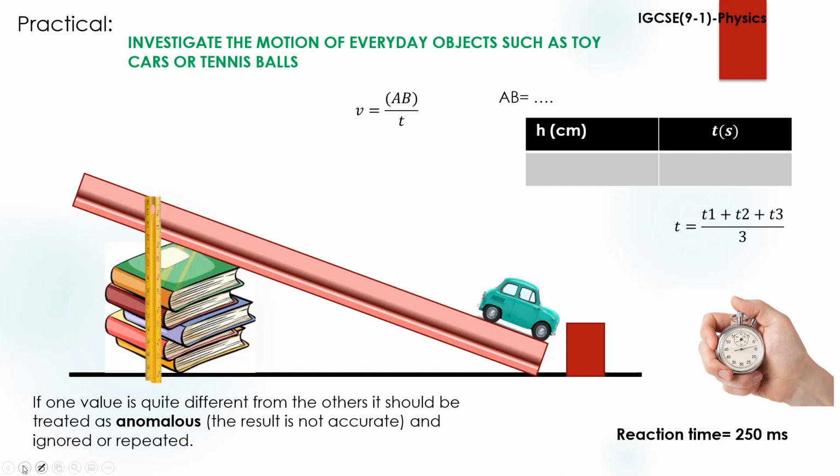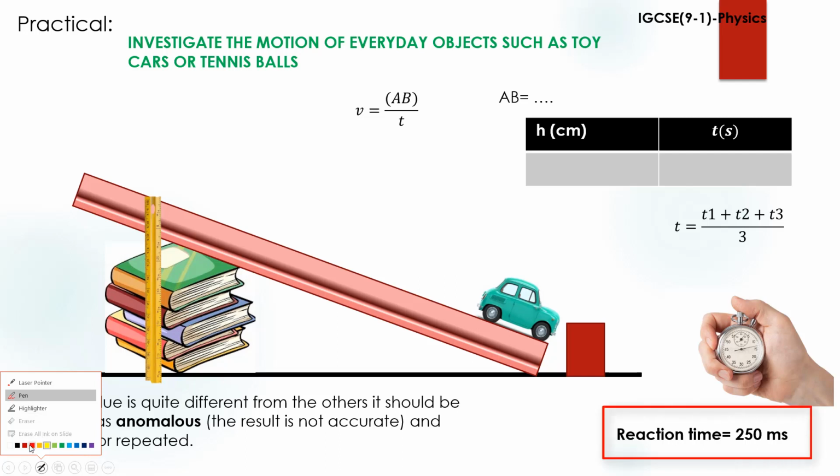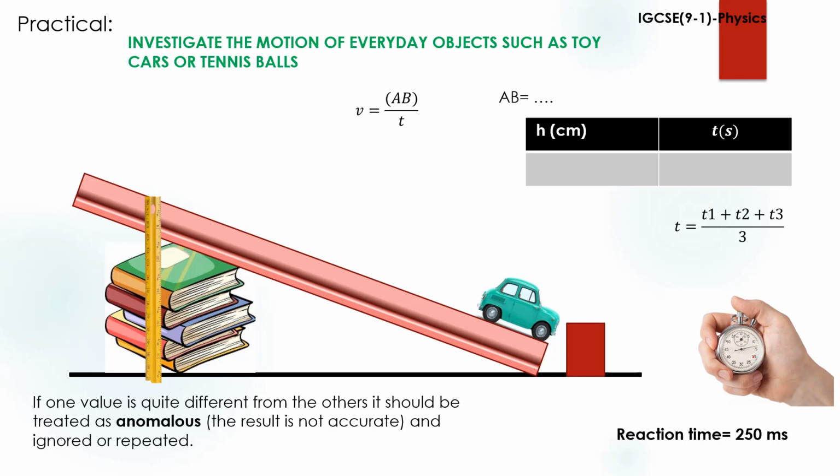Here the reaction time, what is called reaction time? So when someone is doing an action, right, there is a delay. For average persons, that delay is 250 milliseconds. Suppose you are starting the stopwatch by pressing this button, then there is a delay of 250 milliseconds. And when you are stopping that, there may be a delay of 250 milliseconds. So there is an error when starting the stopwatch and when stopping the stopwatch. So how to reduce these errors in this calculation?